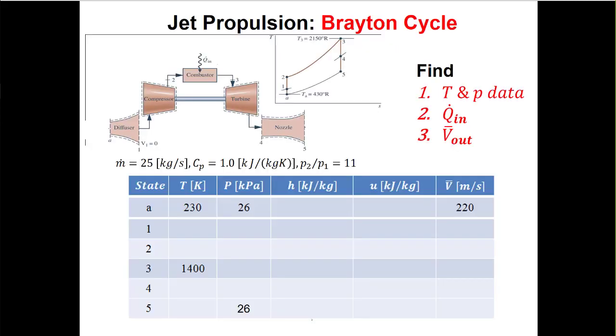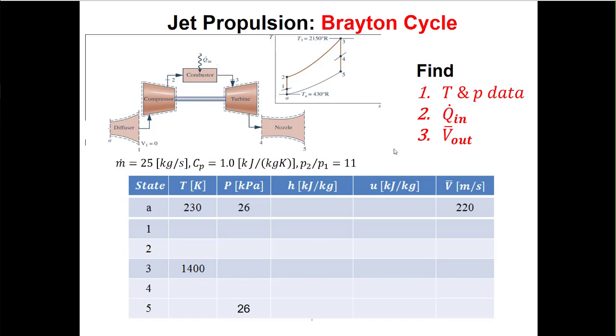Right, so here, this is our turbojet problem. We're asked to first fix all the states, then find Q in, and then find V out. But because I don't like to fix all the states first, I'm going to do 2, then I'm going to do 3, then I'm going to go back and fix all the states. So I'm going to take my own medicine here, try to get the symbolic solutions first, because then I'm demonstrating that I know what I'm doing, and then I'll go through and fix the